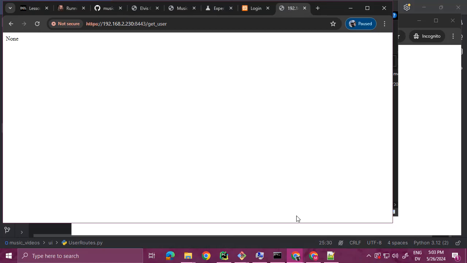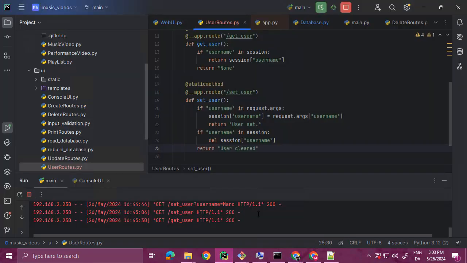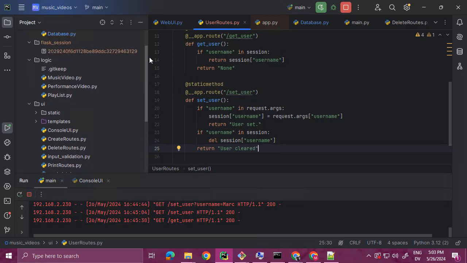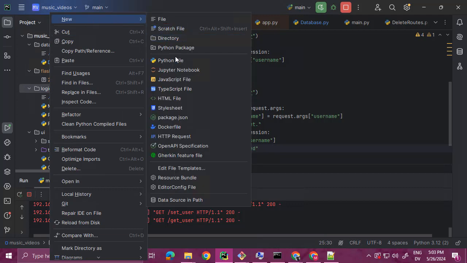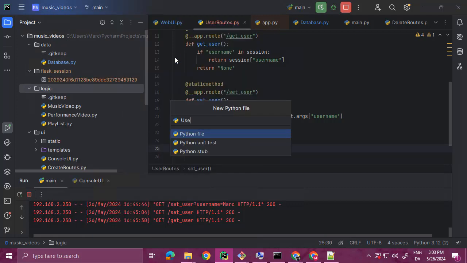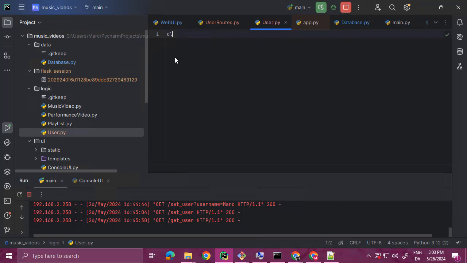Okay, now that we know all the parts we need, let's go ahead and actually implement login. So I'm going to start with a user class, and this is going to be a logic class. And we're going to create a new Python file called user with a capital U. And it's going to have class user, and then user is just going to have a username